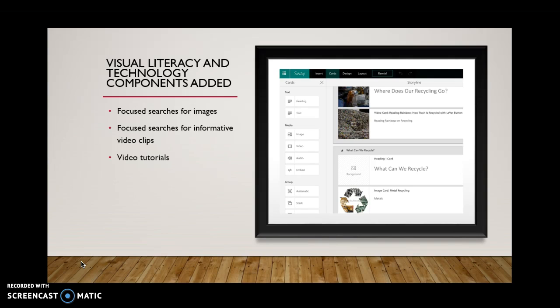Third one on here is focus searches for informative video clips. For those video clips in their projects, they would each need to now be adding in one video clip that could give everybody some sort of information and a different type of visual for them to see and learn more on a specific topic. So to show you that specifically,